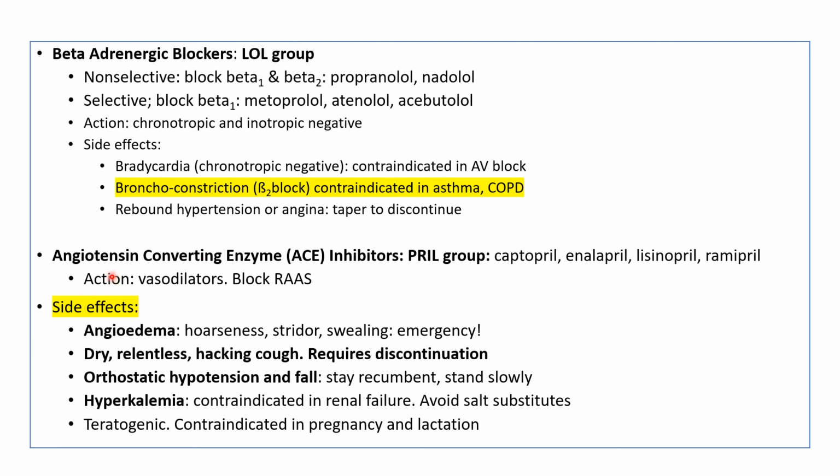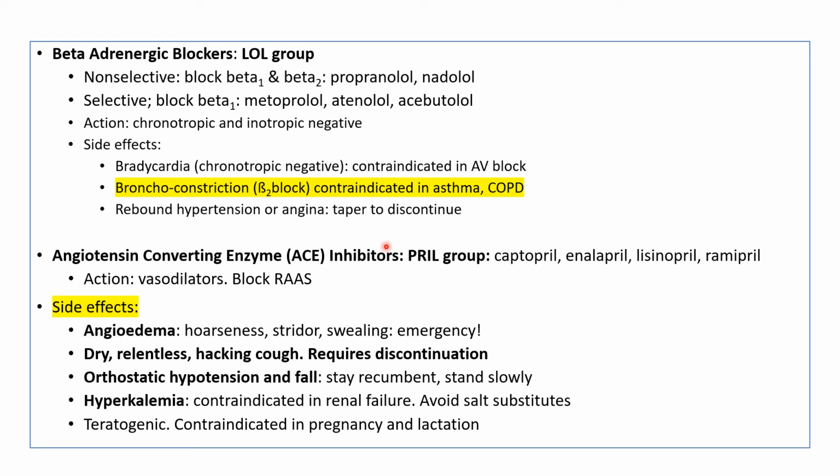Another class of medication for blood pressure is the angiotensin converting enzyme inhibitors, abbreviated ACE inhibitors. These are chemical substances that inhibit an enzyme that we have in the lungs, which activates angiotensin 1, transforming angiotensin 1 into angiotensin 2. Angiotensin 2, part of the renin-angiotensin-aldosterone system, is going to produce